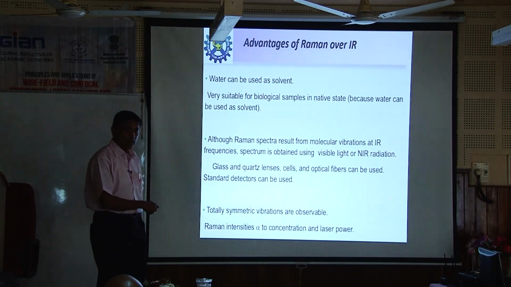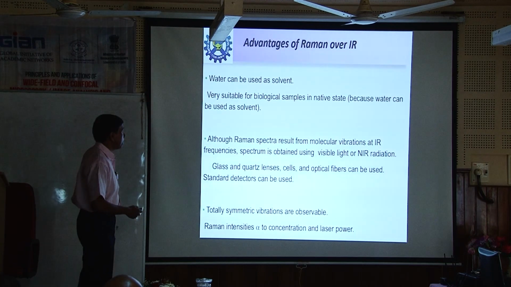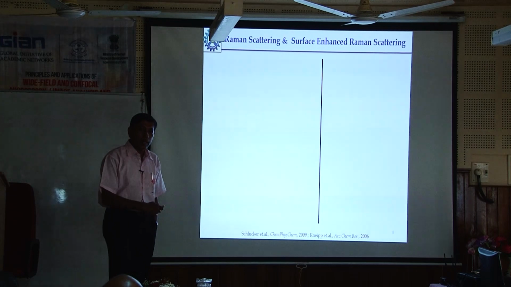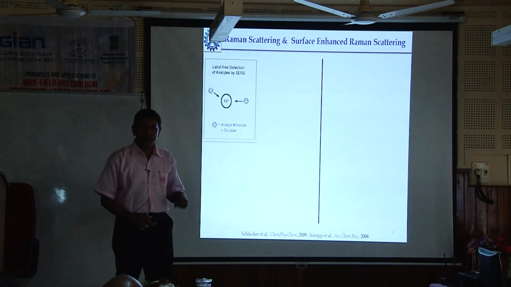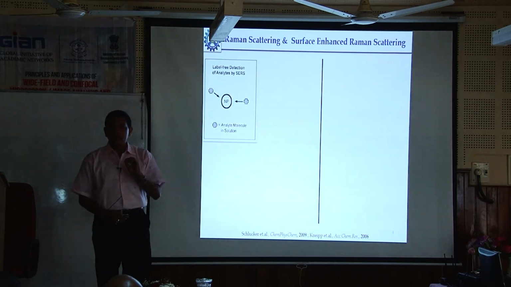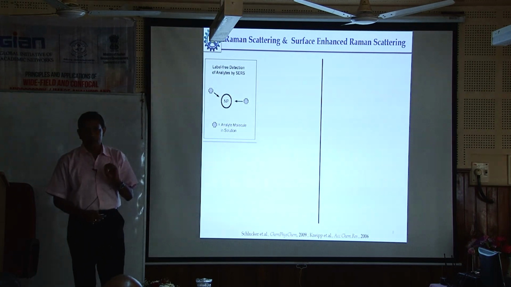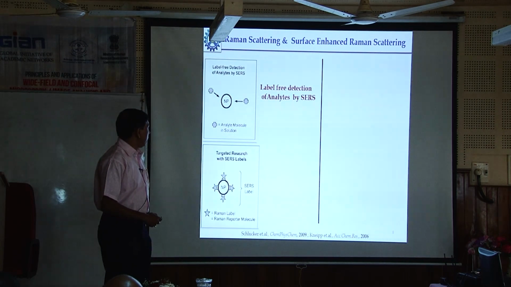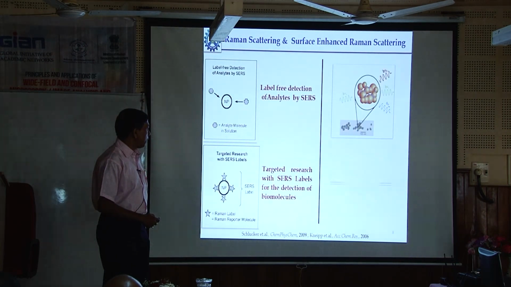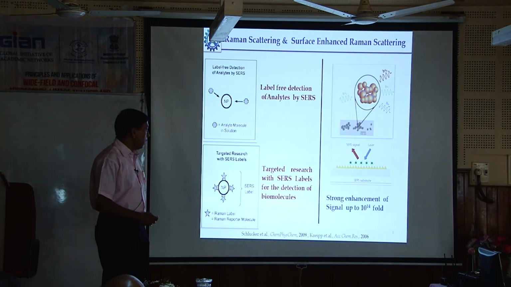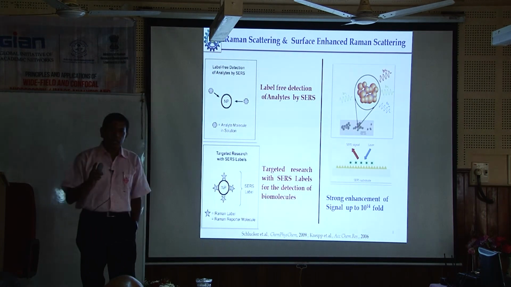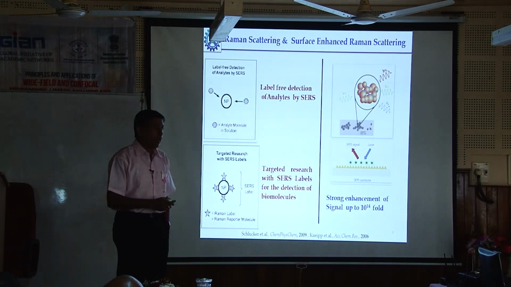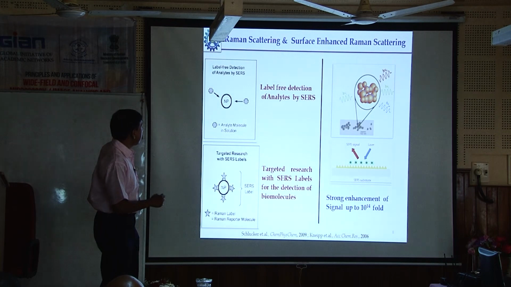These are a few basic advantages; there are lots of advantages over IR, but the main disadvantage of Raman spectroscopy is that it is very weak. You need a high amount of laser power to generate the corresponding spectra. That is one of the biggest disadvantages, and out of 10 to the power 6 photons, maybe only one photon is a Raman photon. So, when it comes to SERS,